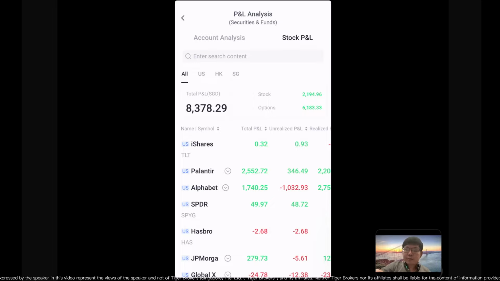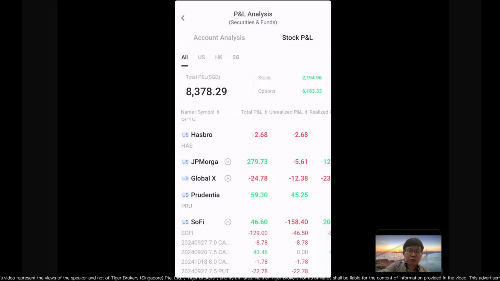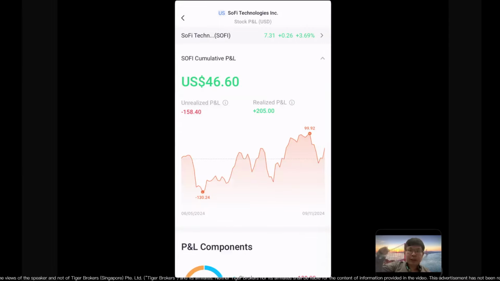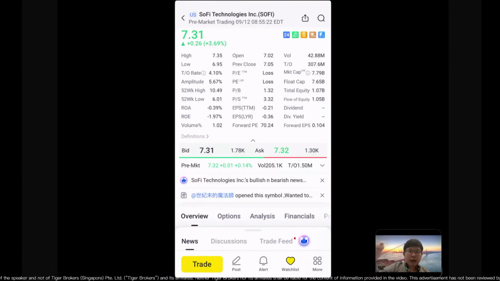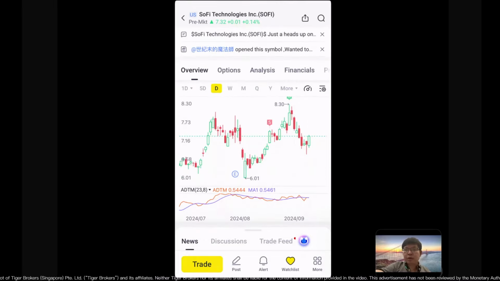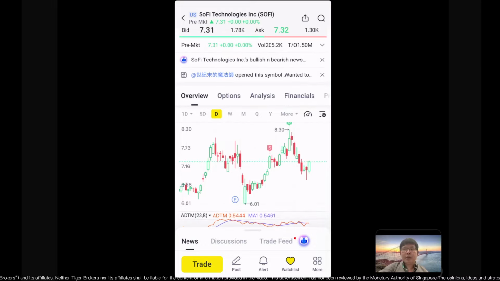So what are the small caps? Let's go to Sofi. Sofi is something I'm just trying and playing so that I get more trading experience also. Sofi can be very volatile, but like what I say, stay the course. Don't have butter fingers sometimes. Of course, it's from person to person.